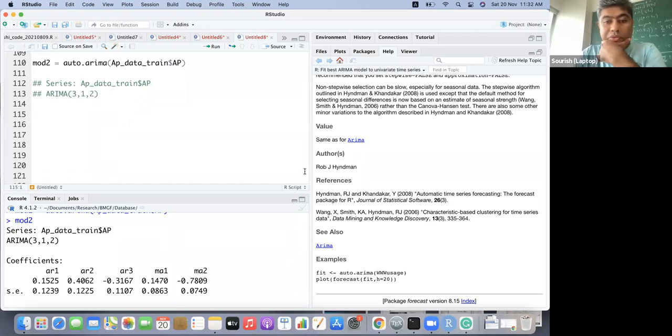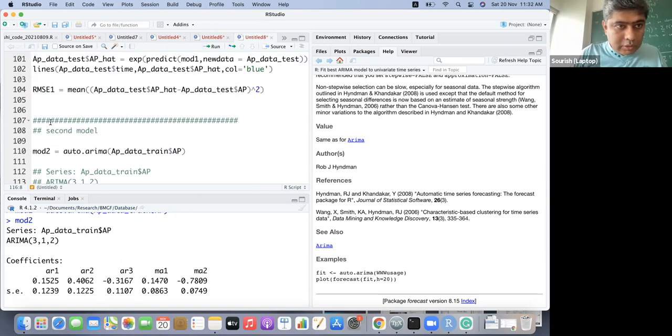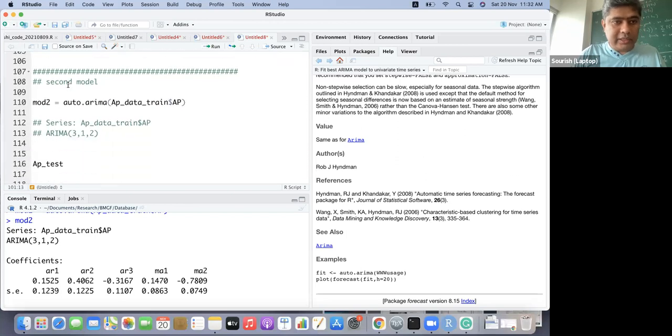And then what we can do is forecast. In R we have to give the horizon h, like how many days of forecast ahead. So we calculate the number of rows in AP data test.